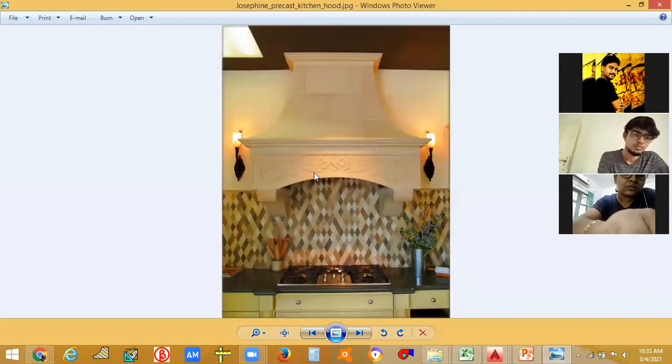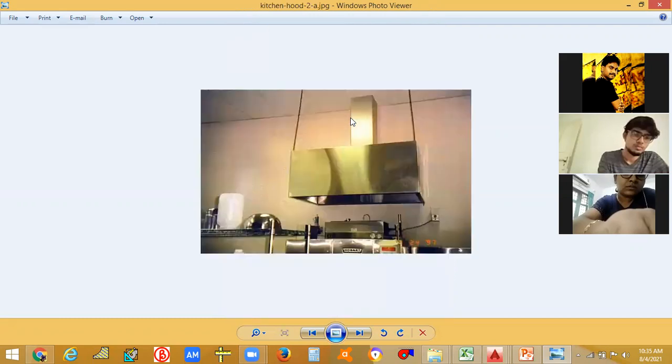See, this is also another type. Type means another style. The type is same, wall mounted only. See, this is another one. This is also wall mounted. It is mounted on the wall. Two supports have been given here. Okay. This is the duct. Through this duct, these fumes will be carried away to a particular place through which we can exhaust these fumes.